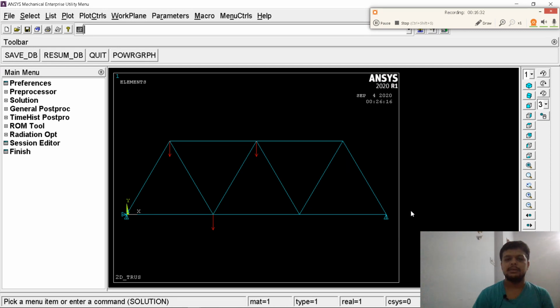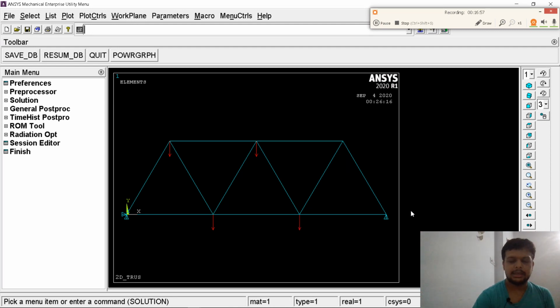You can see, now we will create two more loads. FK, comma, point number 5, direction same, FY. I will take negative FY, and the magnitude I will take 360 kilonewton.